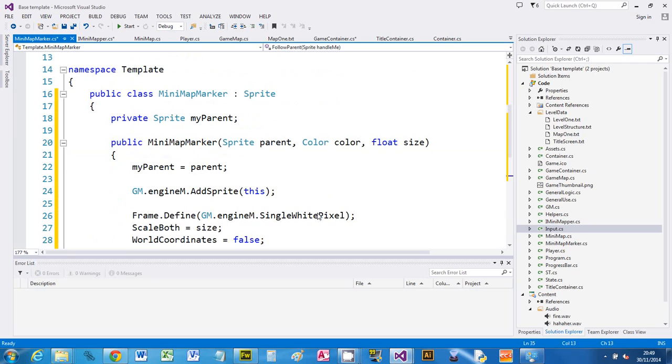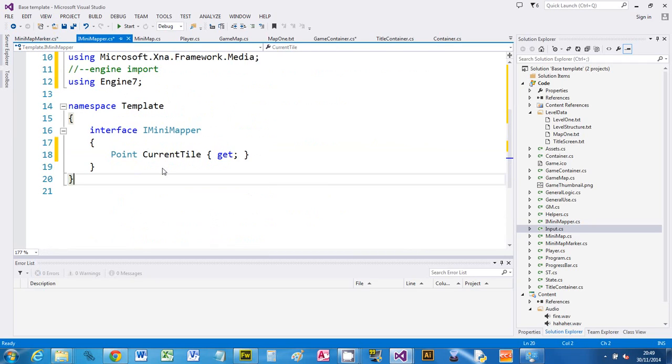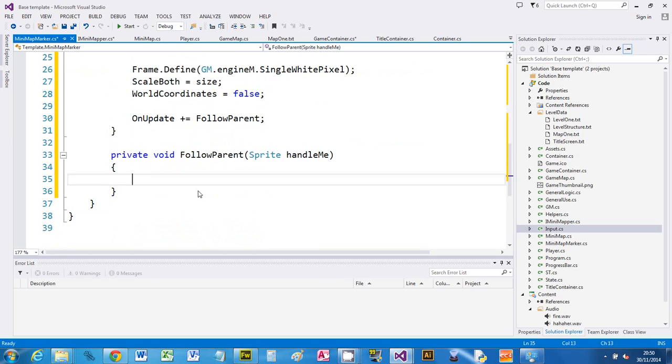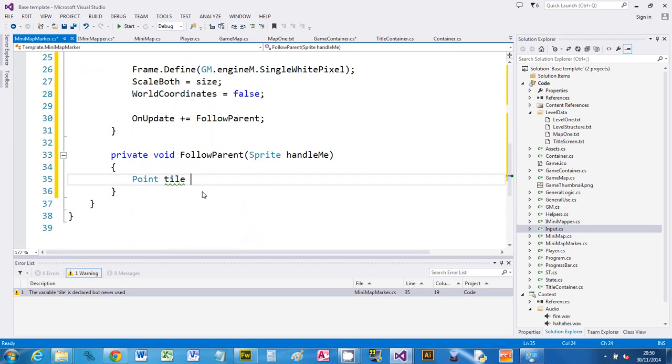Okay, so in order for all this to work, we've just created that interface. So we're going to assume that any sprite that has asked us to work for it as a minimap marker is going to implement this interface. So we know that this thing is going to exist. Okay, so in our follow parent, we're going to record the tile, and we're going to now get that tile